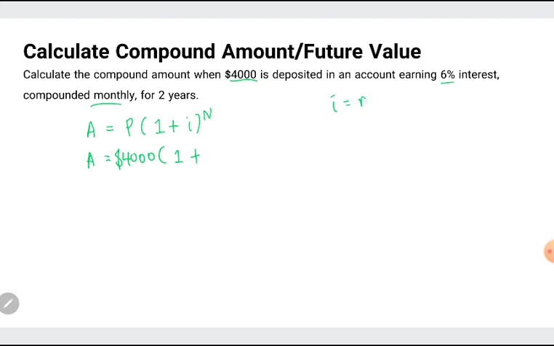My I is R over N. 6% is my R; in decimal form, it's 0.06. And N is the number of compounding periods in a year. Since the interest is compounded monthly, it's 12. There are 12 months in a year. If I divide 0.06 by 12,